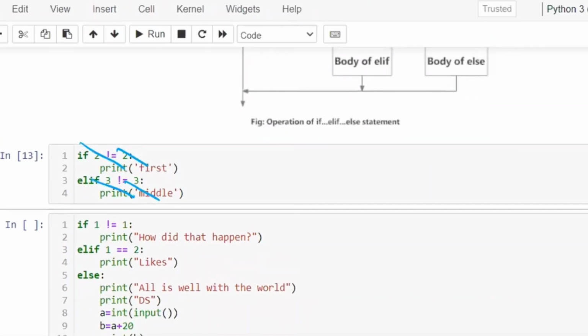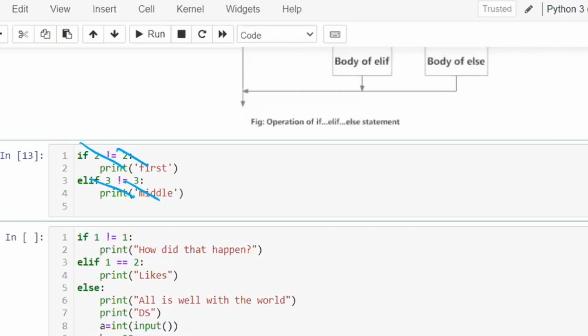Is that clear? Else is not mandatory. Else is of your choice. Sir, if I automatically write else like this, else